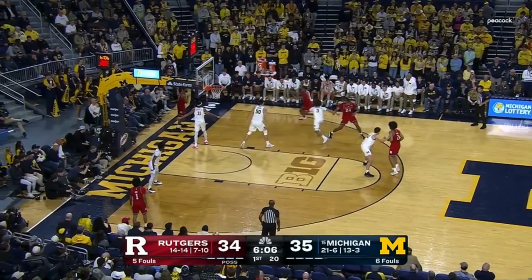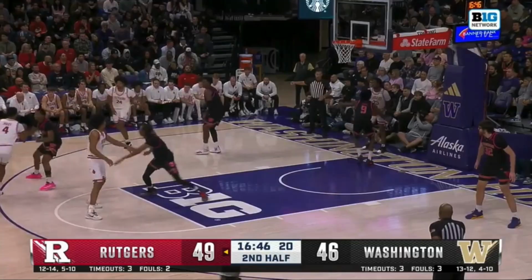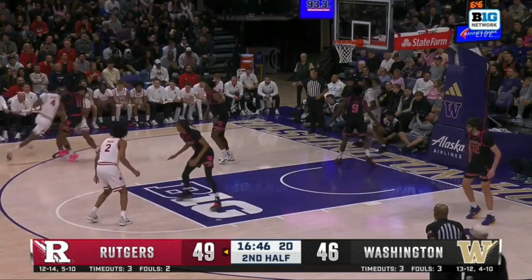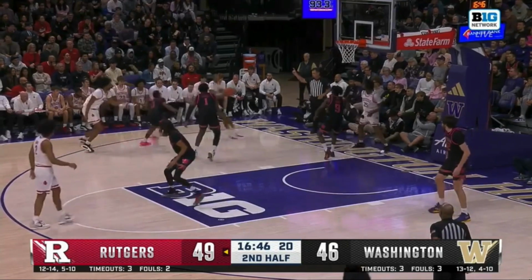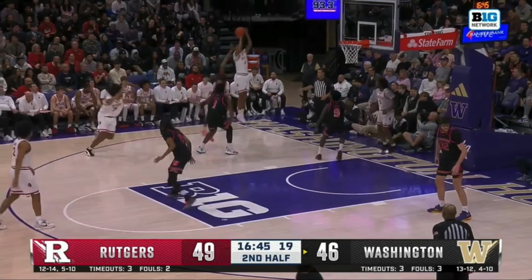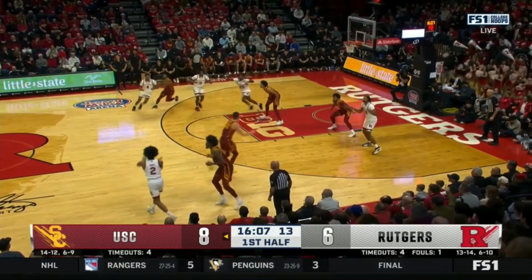Because if you give Ace any airspace on the perimeter, he's going to be quickly settling his feet to fire. On this baseline out of bounds play, Rutgers is just going to set the simple cross screen. And look how quickly Ace gets his feet set on the catch, to then bring the ball up with no hitches. But at the same time, if you overplay his shot off the catch, he can also put it down